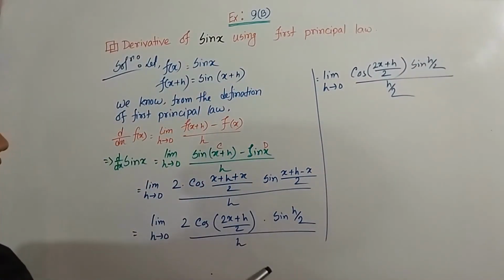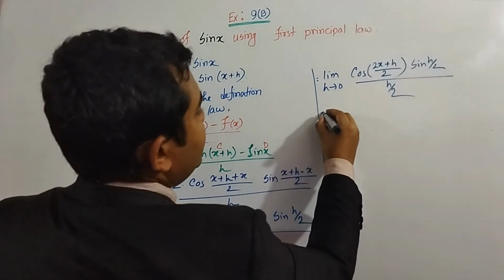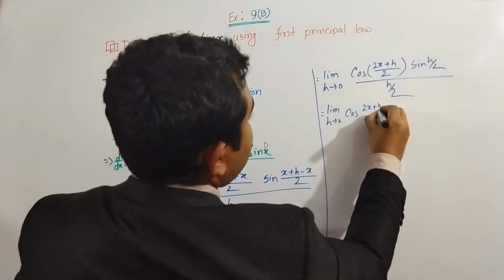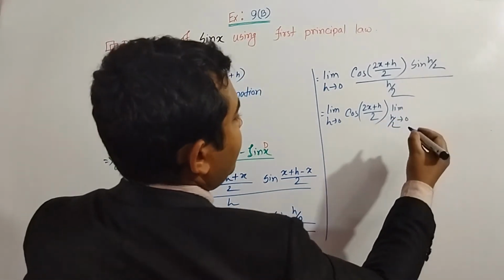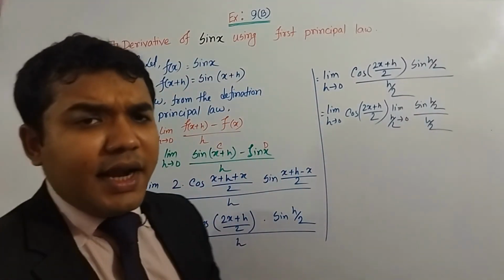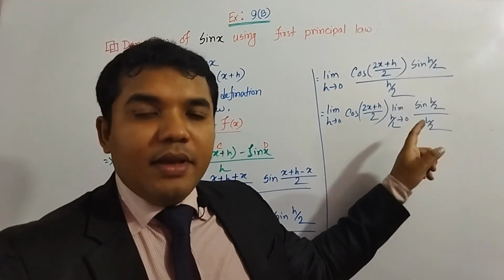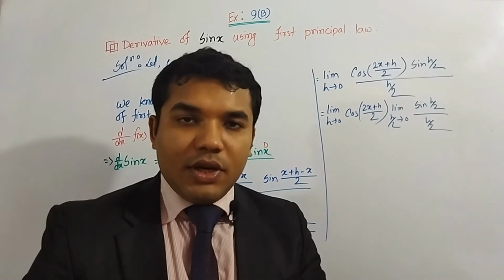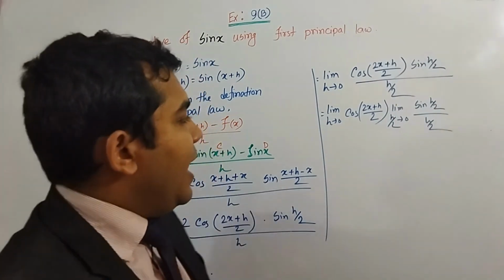Actually these two have what going here, that is h by 2. So if we make the limit separated, then we can write cos of (2x plus h) by 2 and the limit as h by 2 tends to 0 of sine h by 2 divided by h by 2. Maybe one question arises in your mind: sir, here it was h tends to 0, why have you written h by 2 tends to 0? If h tends to 0, that means the value of h is 0, you obviously know h by 2 is also 0. That's why the limit as h by 2 tends to 0 of sine h by 2 divided by h by 2, and you know this is